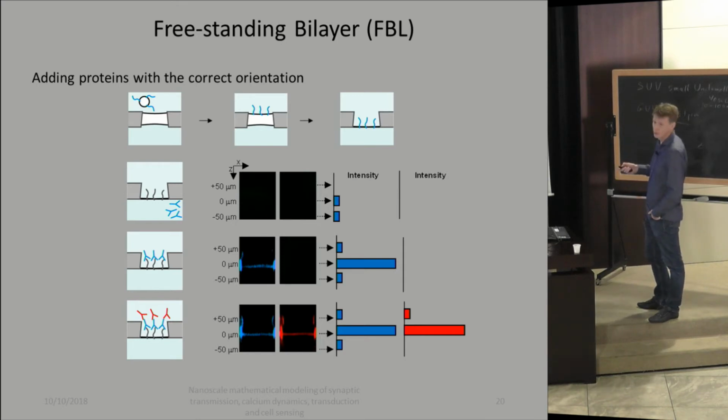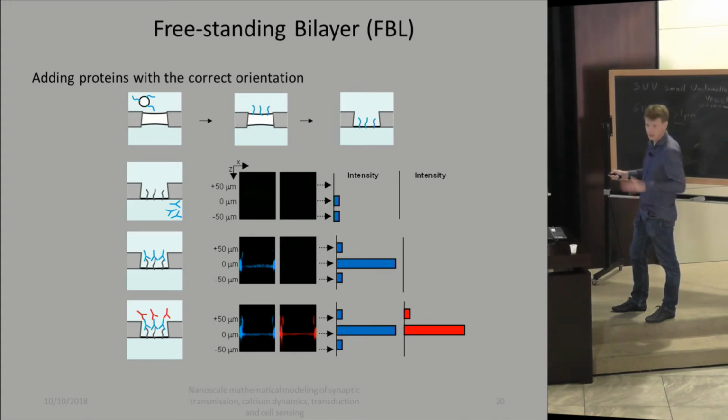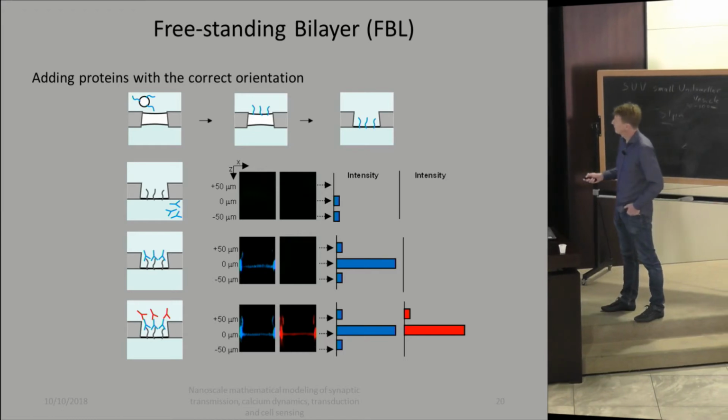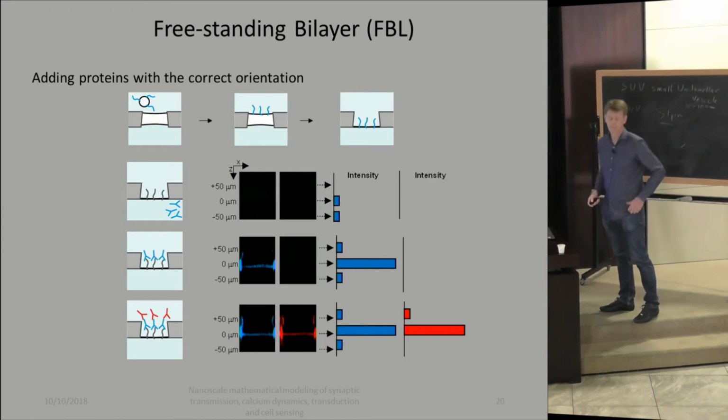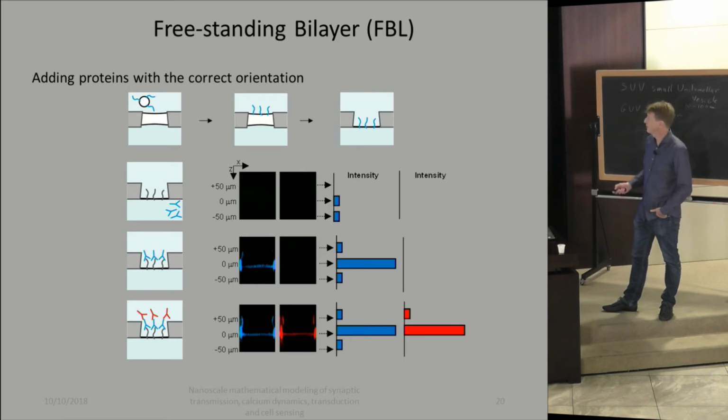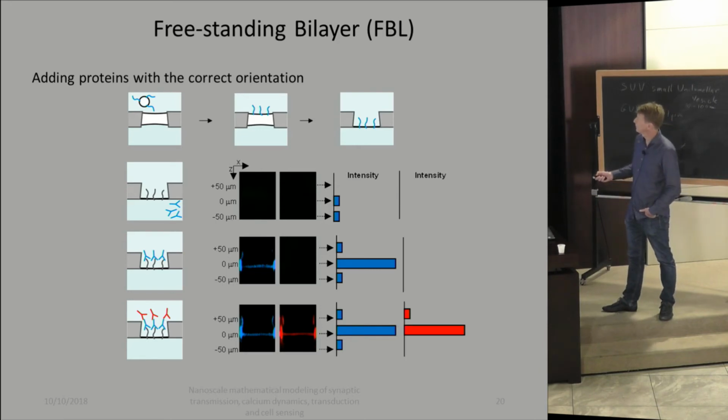So we have proteo-SUVs, so SUVs that have proteins. We flow them in only on top. At the bottom there's a monolayer also, of course. It will spread here. We rinse them off. Then they're not fluorescent. And then we flow in an antibody that is fluorescent, and that recognizes this side of the protein, okay, the cytosolic part.